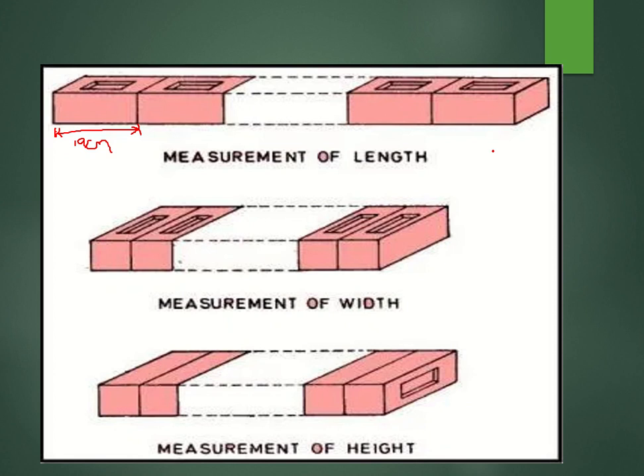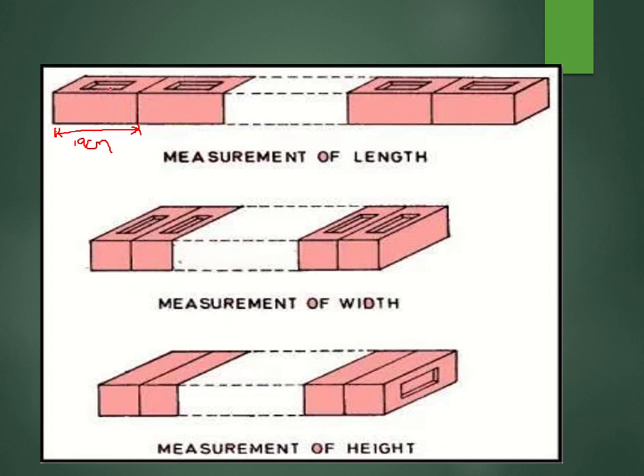So what we have to do is place 20 bricks one beside another and try to measure the distance on site. After just placing the bricks, try to measure the distance. Theoretically, our complete length should be 380 centimeters, because the length of each brick is 19 centimeter and we have placed 20 bricks. So around 380 centimeters, we should get the actual length. Now check if you got the length less or more. Right? Similarly, do the same thing for width also. Now, one thing you people have to remember. You may think, how are we measuring according to length or width or depth? Try to check the position of the frog.